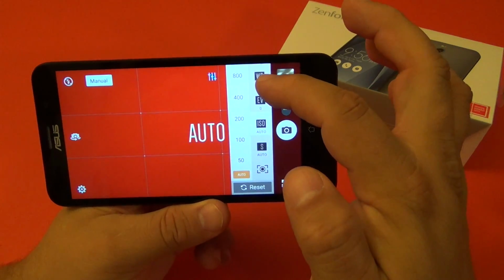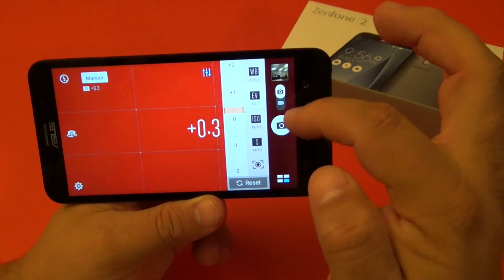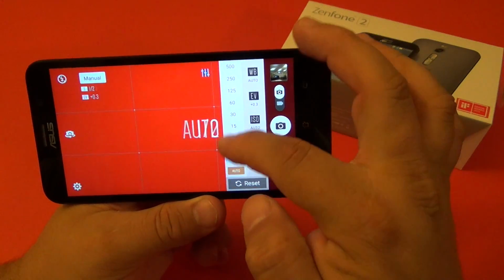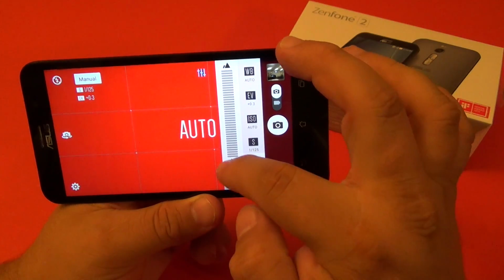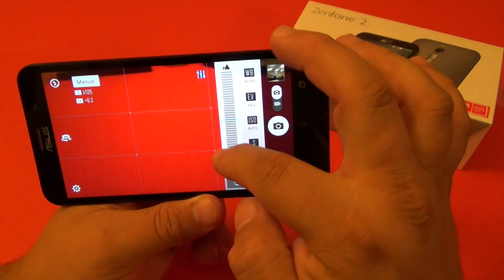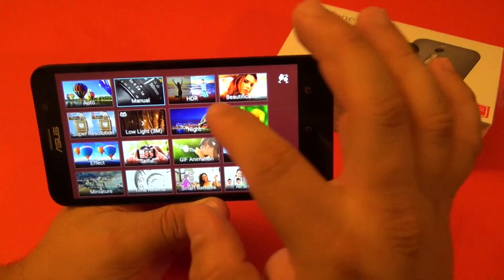You can control the white balance. This is exposure, if I'm not mistaken. The ISO right here as well. I think this is the shutter speed as well, and autofocus. I did not know that this phone actually had a manual mode, so it does. So it has